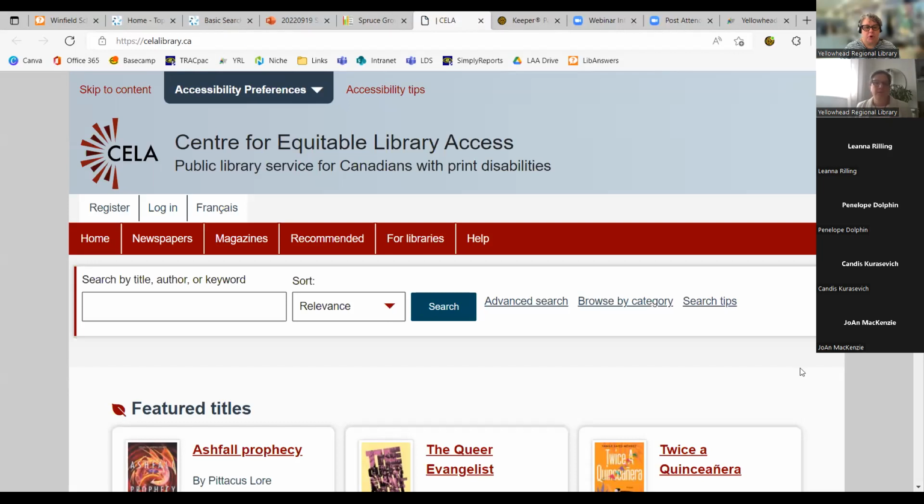What they have is a program for educators to participate in or to register for, and there's no cost to this program. And what it does is it helps to serve students and educators in schools that have print disabilities or sight impairments. And what it'll do is help you find materials that they might have in their own collection. And then I'm not 100% sure how it works in that I don't know if they ship. I would assume they probably ship the materials to you, what the borrowing periods are and that kind of thing. But